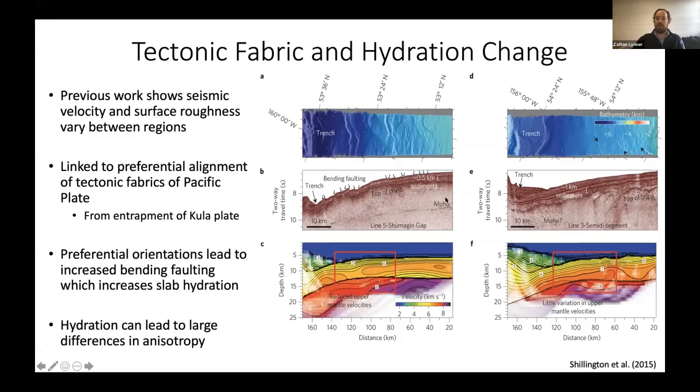And this has been suggested, as we've already seen today, and some people brought up yesterday, outer rise faulting can give us nice pathways for hydration to actually get down into the crust and the mantle. And this is something that is suggested through the seismic velocities along these same profiles, where we have the Shumagin Gap and we have all of this increased bend faulting. We have reduced upper mantle velocities. And this is, as we saw earlier, potentially indicative of hydration in this plate. Whereas we don't see this enhanced bend faulting, we don't see these lower seismic velocities